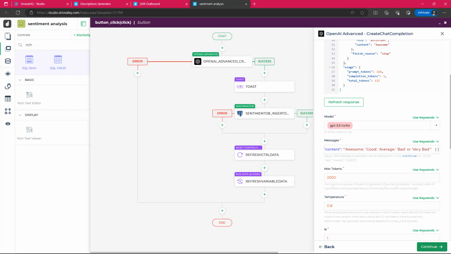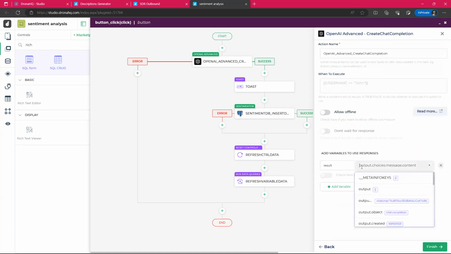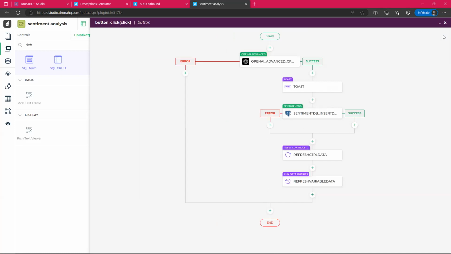So if you want to continue, I've saved whatever sentiment I am finally getting back from OpenAI in this result variable. And the next part is I want to save it in my database also, because I want to get the updated satisfied percentile of the customer. So right here,